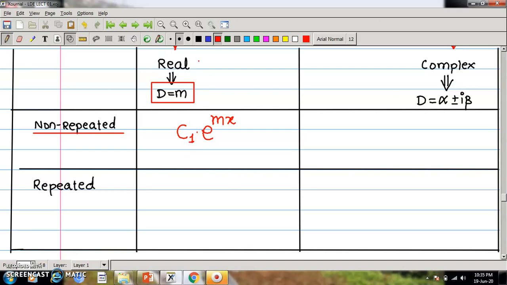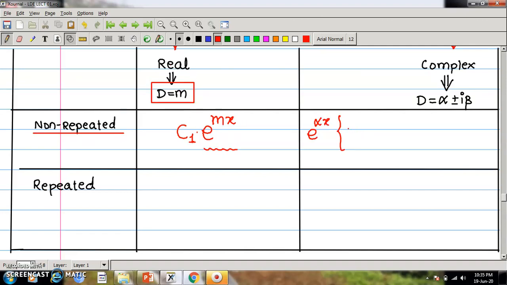So the nature of the root will specify the nature of the function to be used in the complementary function, and the multiplicity of the root will be represented by the number of arbitrary constants used. Same is the case with complex roots. If your complex root alpha plus minus i beta is non-repeated, meaning it appeared only once, then your complementary function will be e raised to alpha x, where alpha is the real part, and every real part is represented by